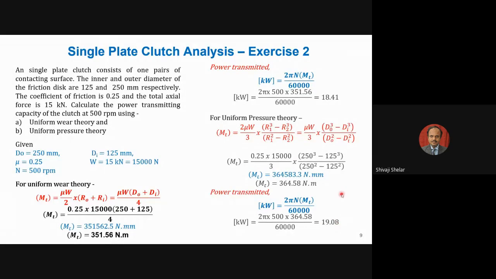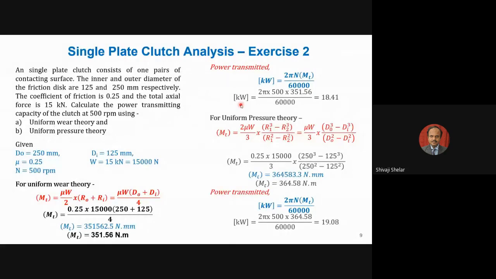As your plate becomes old, your power transmission capacity decreases. It comes down to 18.41. So there may be a 2 to 5% drop in the power transmitting capacity. This is very important, because when you are coupling an engine with a gearbox and then with an application, the engine has a fluctuation of torque. If the torque fluctuates, the power to be transmitted through the gearbox as well as through the application changes, and that will have an impact on your clutch system.